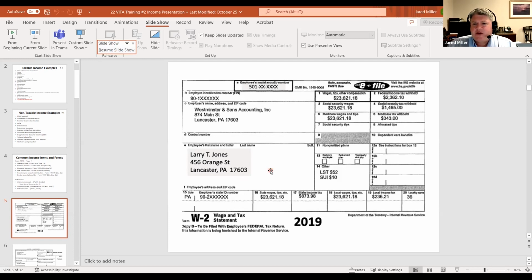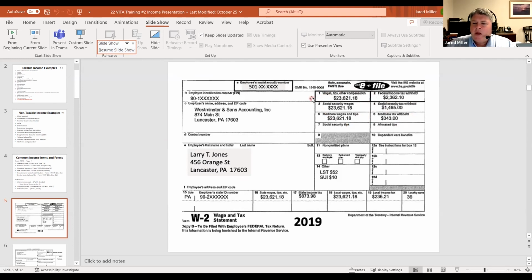Other pieces of information I just want to point out, the wage activity is going to be coming out of box 1, so we'll make sure that that is entered into TaxSlayer as box 1. Also, the federal income tax, we'll have to enter that as well. TaxSlayer, by default, will try and make sure that your Social Security wages and Medicare wages are going to be equal to what you have in box 1. That may not necessarily be the case here in Pennsylvania because we may have some differences between your wages and Social Security and Medicare. So we just want to make sure all these are entered as you see them on the W-2.